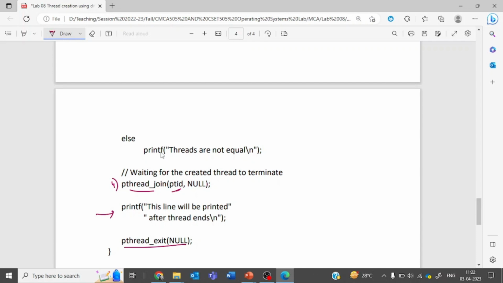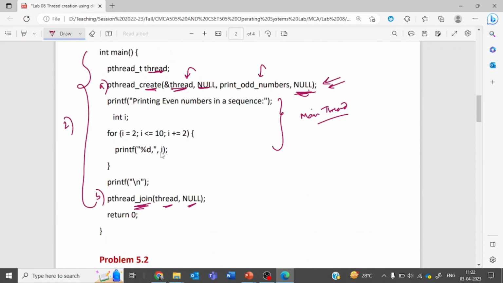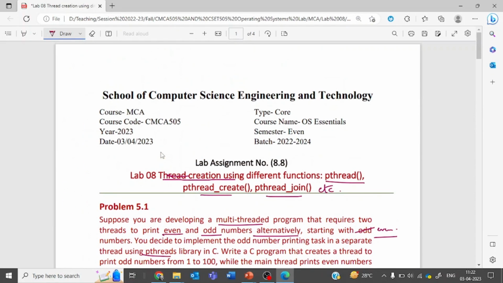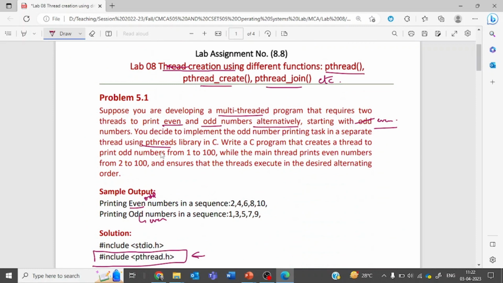So this is the idea of lab 8, which requires you to implement all the different functions that are related to threading. So okay, then, thank